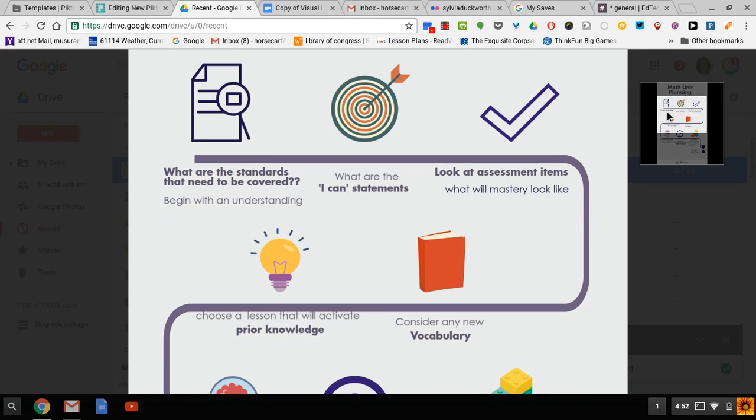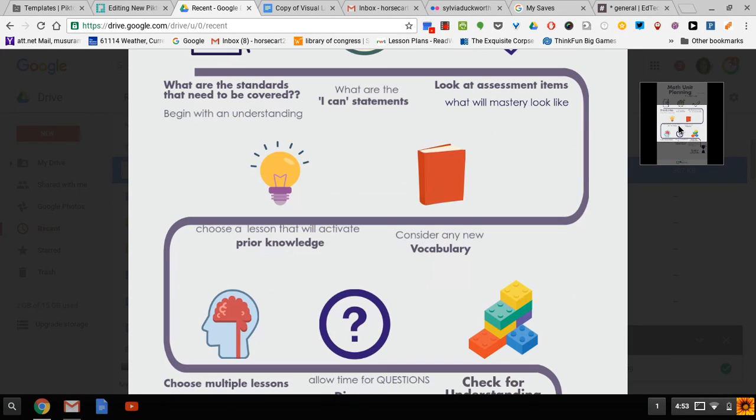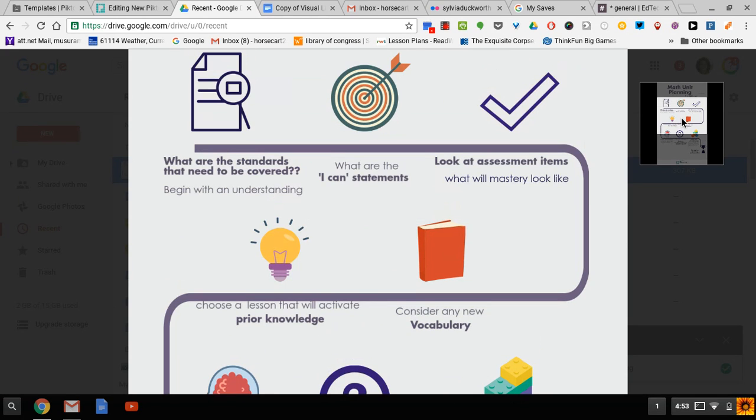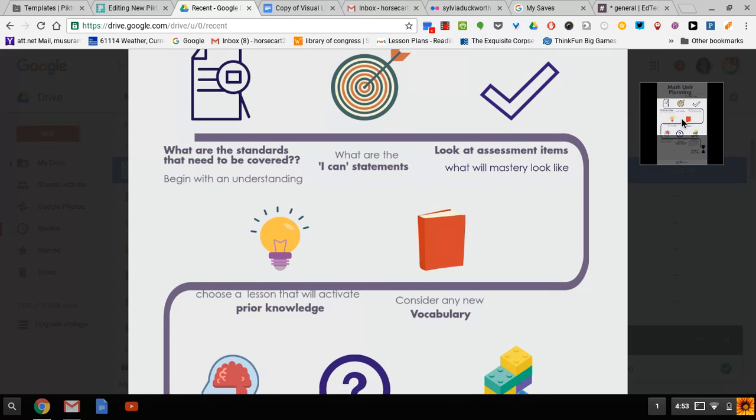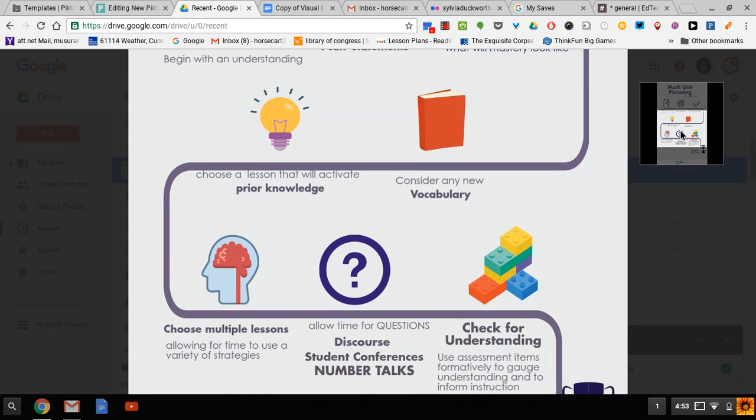I want them to start by looking at the standards and what needs to be covered and what the students are going to need to come out with, what are their I can statements, and then also looking at actual assessment items. So what will it look like to do well or to master this particular skill, and consider the vocabulary that might be new, sort of anticipating what your students might need help with in terms of new vocabulary,